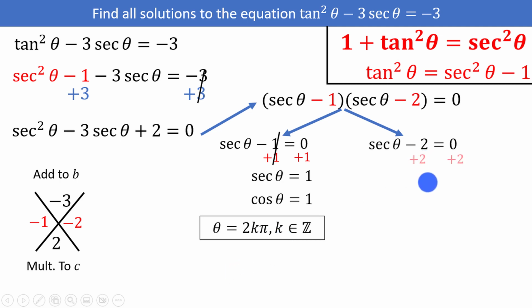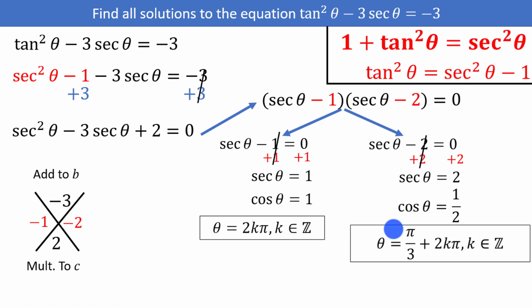Solving the other equation, we can add 2 to both sides. We get that secant of theta is equal to 2. That means that the reciprocal function of cosine is equal to 1/2, which is the reciprocal of 2. Cosine is equal to 1/2 twice on one revolution of the circle. Once in quadrant 1 and another time in quadrant 4. In quadrant 1, cosine of theta is equal to 1/2 at pi over 3. But of course, we need all solutions, so any angle that is coterminal with pi over 3 will also be